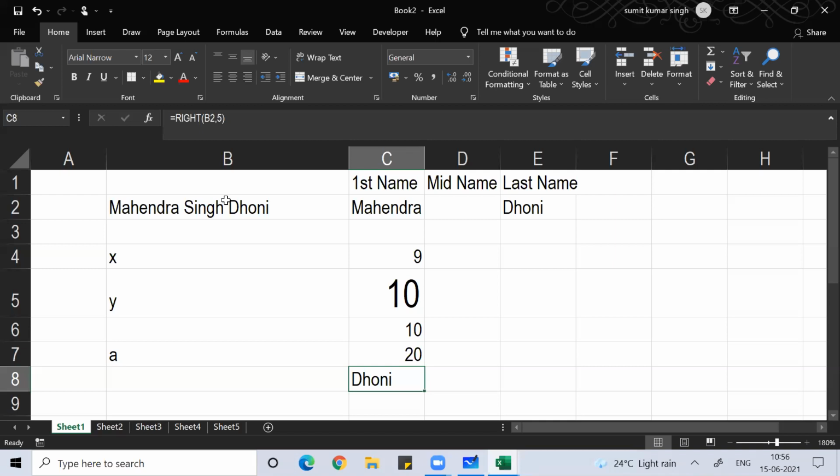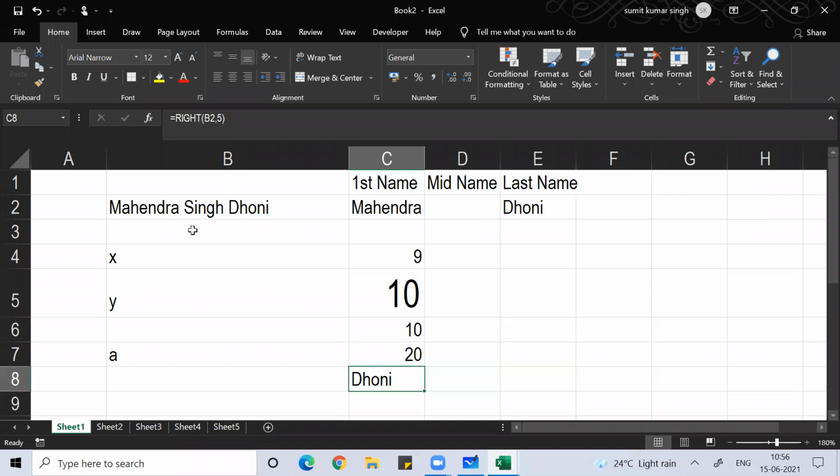Mahendra is 9, right? The first space is at 9, I did plus 1, so it started from Singh. It is counting from Singh, so from Singh you can see 1, 2, 3, 4, 5. Singh is a 5 character word, guys.